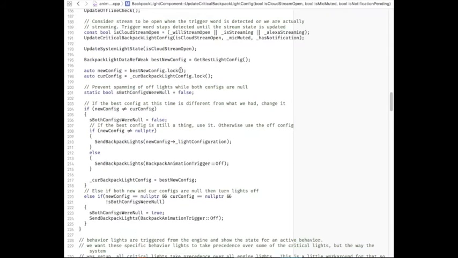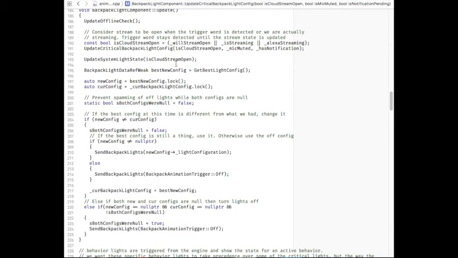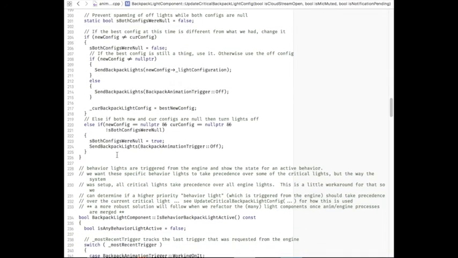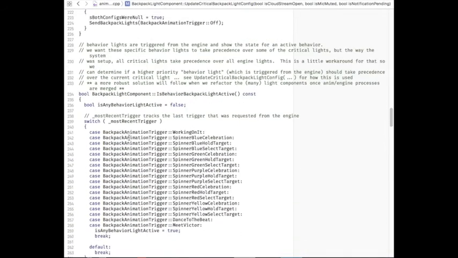Then here looks like this would be called regularly. I don't know if this one's driving the animation or just selecting it. It looks like as it goes through, it at least is sending backpack light configurations to the robot process. And down here,